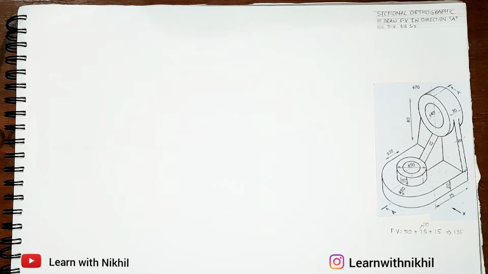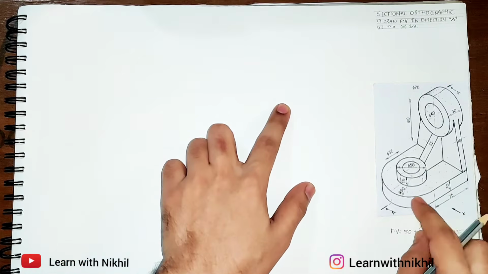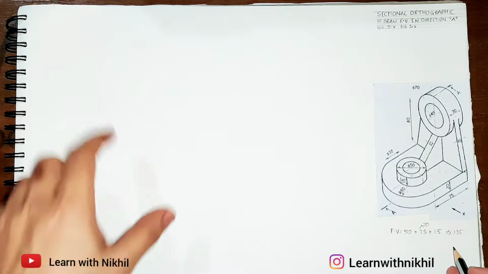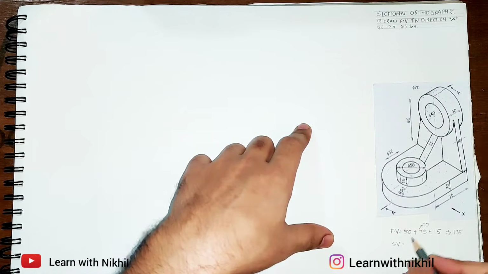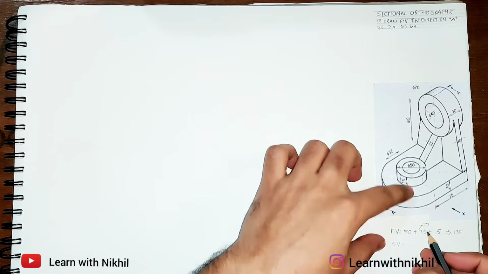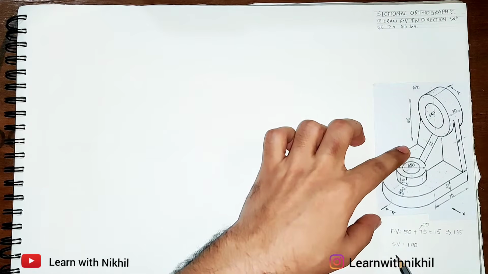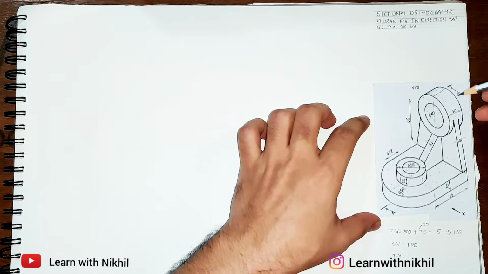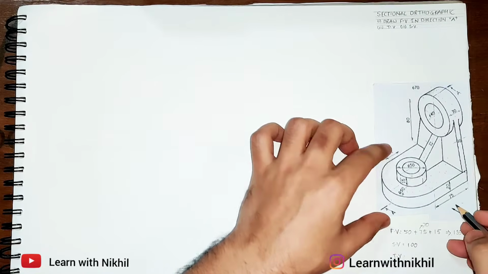Now next, for the top view, the direction of person looking. This is the front view, side view, and here will be the top view. So we know where the views we have to draw. Now the width of the side view will be the diameter of this semicircle. Radius is 50. You already know that. So the diameter will be 100. And from the top view, this distance again will be 100.